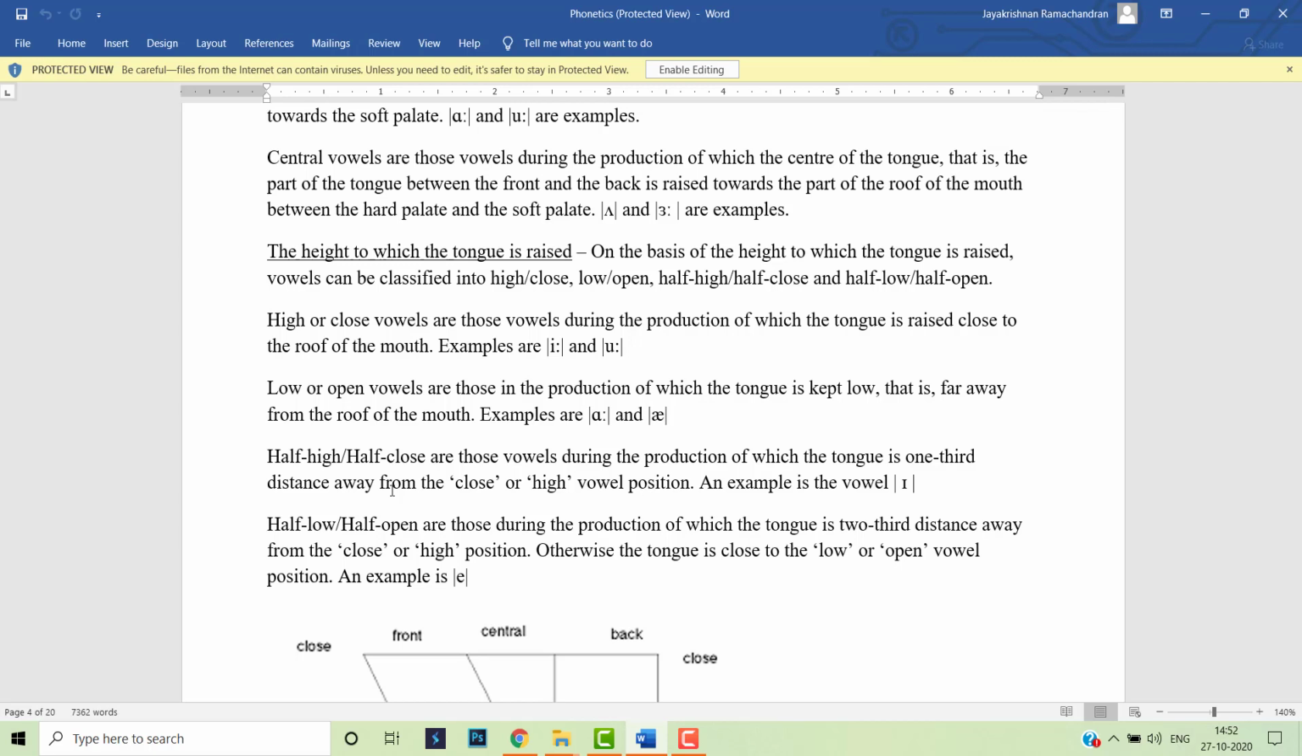Now the opposite: low or open vowels are those in the production of which the tongue is kept low, that is far away from the roof of the mouth. The tongue will be at the floor of our oral cavity, far away from the roof of the mouth. Examples, okay, like when you say